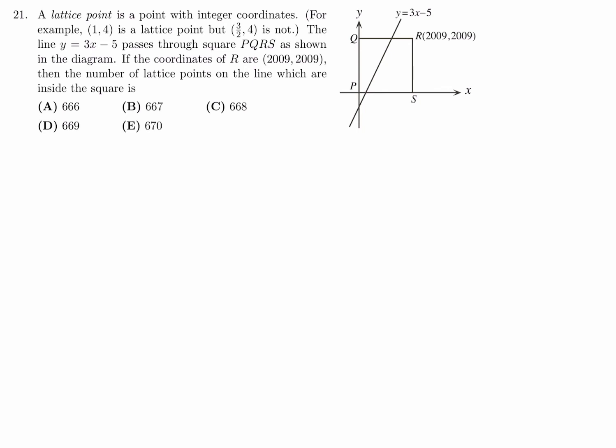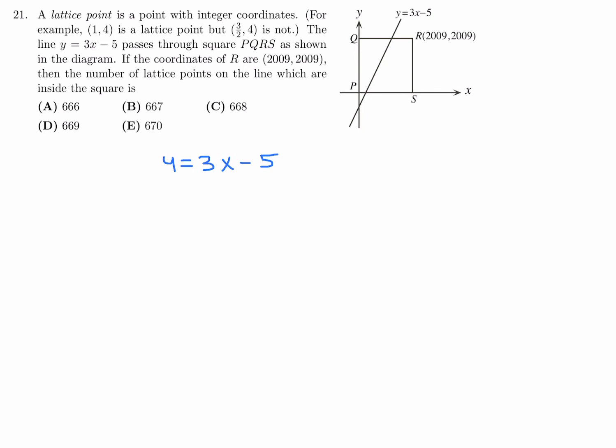The first thing we need to do is figure out this point and this point. Where does that line first and foremost cross the x-axis right here? And where does it cross QR, the top of that square? If we can figure that out, then we can figure out the number of lattice points because we will have a range. So the first part, figuring out where y equals 3x minus 5 crosses the x-axis, is just looking at the